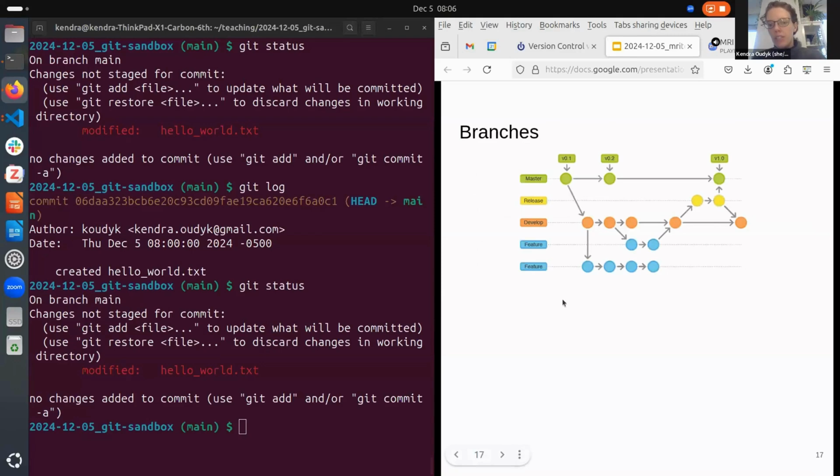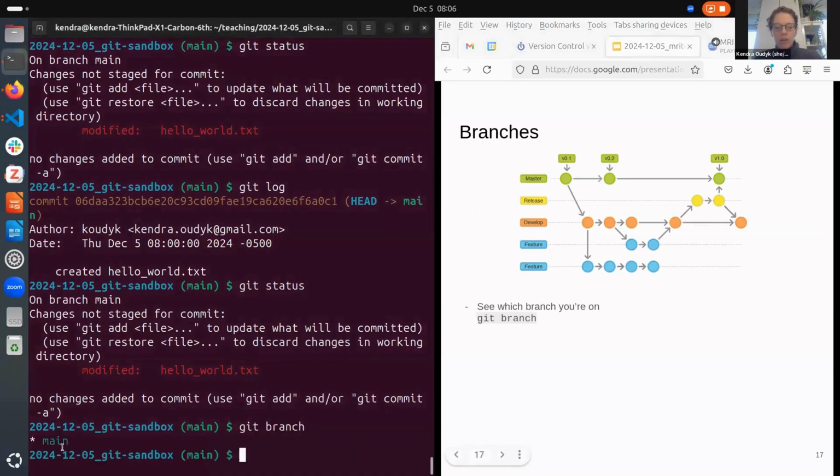So now we'll talk about branches. Basically, if you want to see what branch you're on, you can do git branch, and it'll say that I'm on the branch main. You can see here, this is an old figure, so the principal branch used to be called master, and now it's called main. But conventionally, that's the name of the principal branch where the official version of your code works. So usually whatever is in the main branch